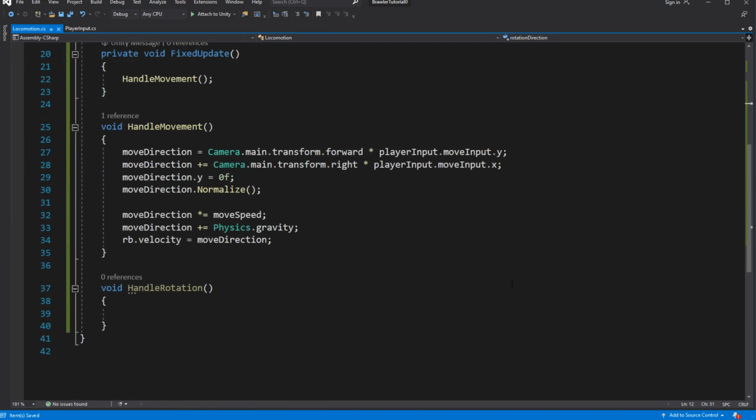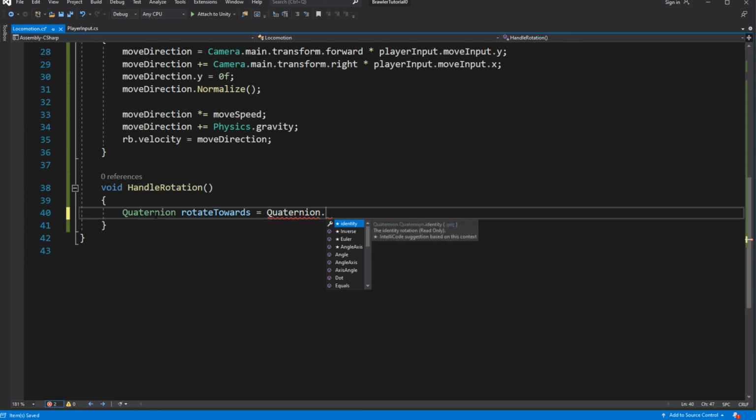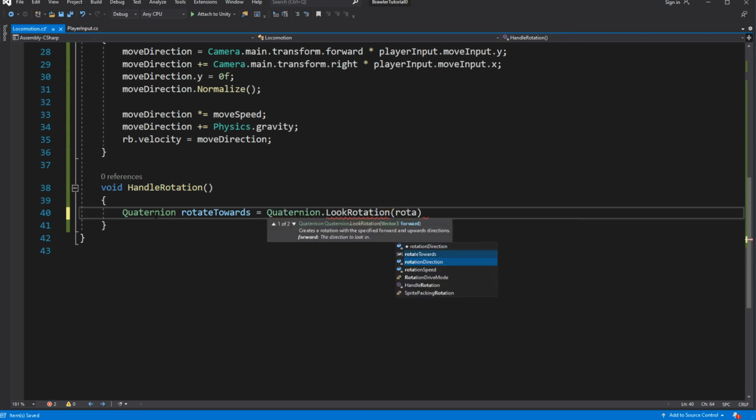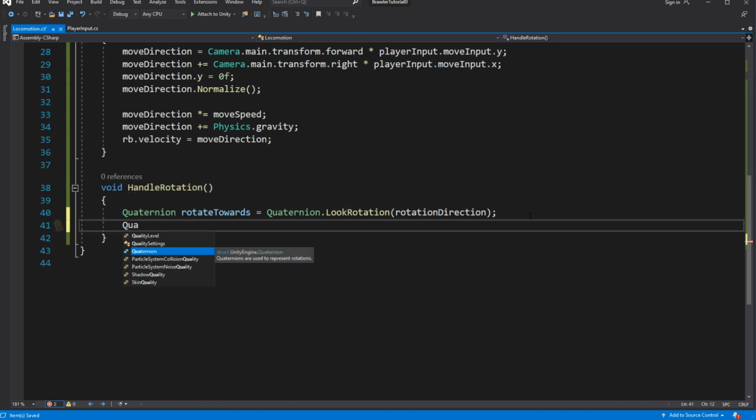Now let's calculate the rotation for our character based on the rotationDirection variable. First, recalculate the rotation vector into a quaternion by using Quaternion.LookRotation. Then do a Slerp between the current rotation of the character and the rotate-towards quaternion.